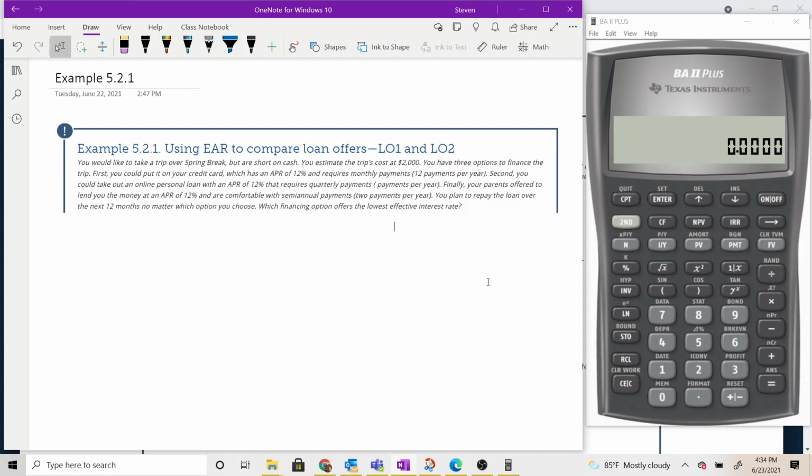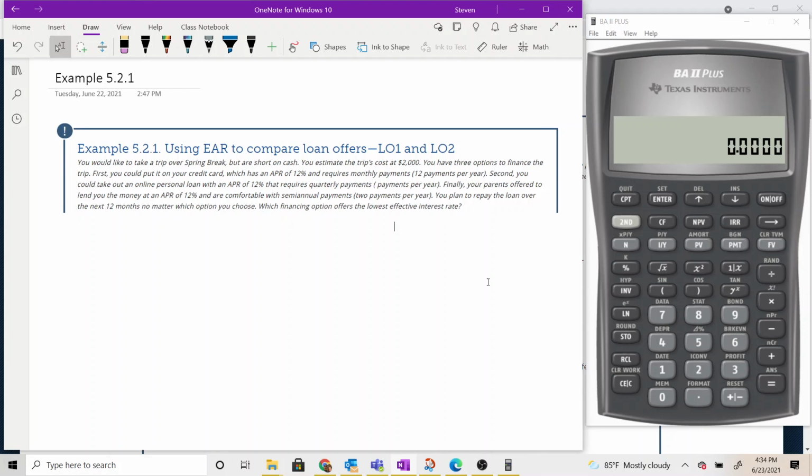effects of compounding. And as we saw in Chapter 3 and especially Chapter 4, if we add a number of periods to a problem that involves cash flows earning or paying interest over time, the more periods we add, the stronger the effect of compound interest gets, and the stronger it gets every single year. It grows at an exponential rate. So if we were to ignore the effects of compounding, we could greatly underestimate, in this case, the cost of